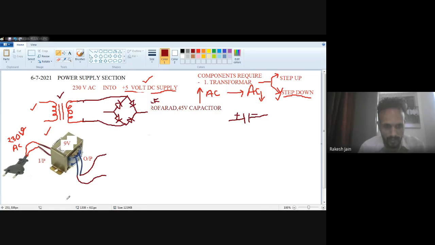Okay. So when you go to the market to make that, you have to use a 1N4007 diode. Which diode will you use? 1N4007. So I just come with the image. When you purchase, you require 4 diodes. This is the 1N4007 diode. 2 images are there. I just remove one image.